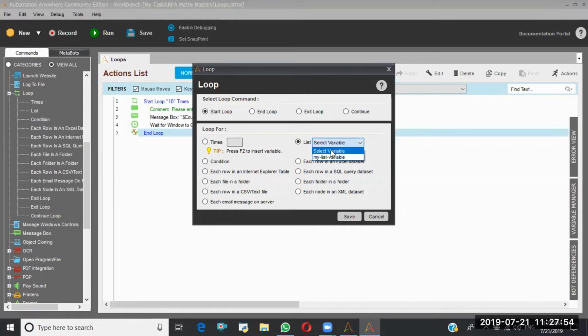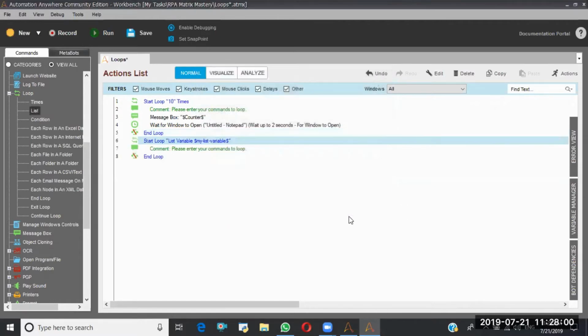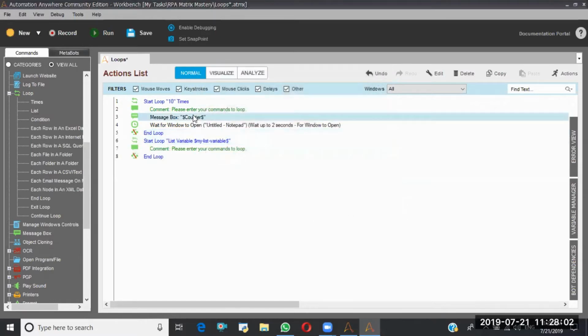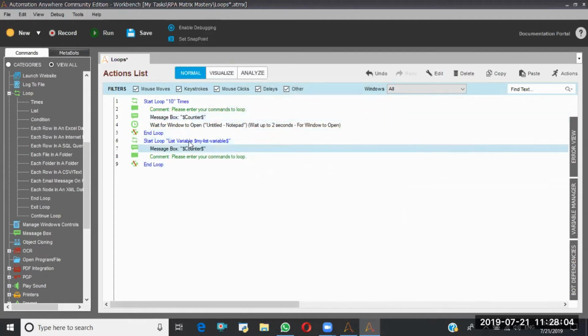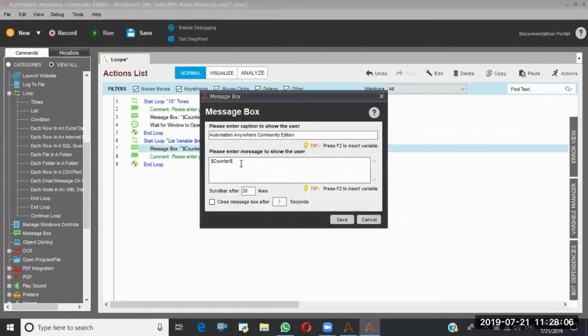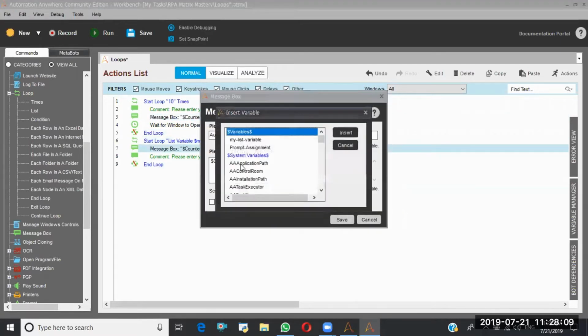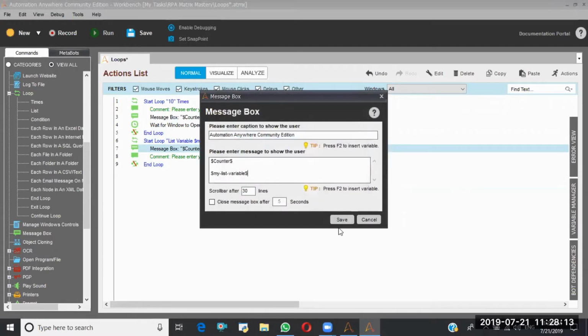Now I'm going to loop my list variable, because as of now I have only this list variable. I'm saving this, and inside the message box along with counter I'll put my list value as well. I'm saying 1 second.